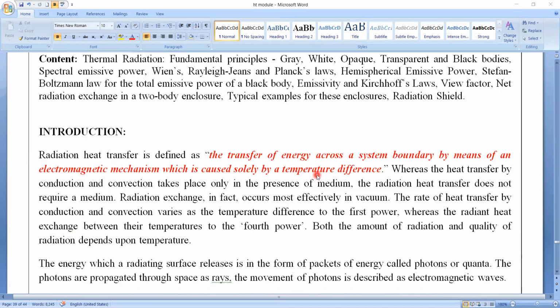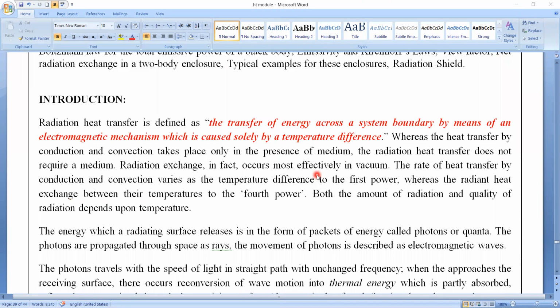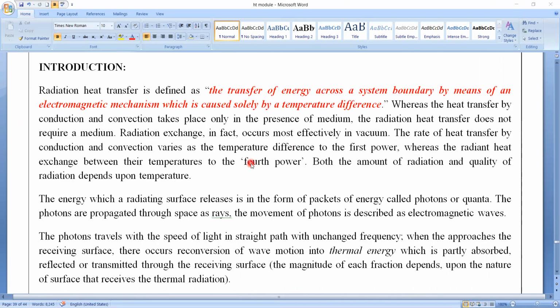In today's lecture, we will see the very fundamental principles, or the very fundamental concepts, of thermal radiation. In the first module, the Introduction to Heat Transfer, we have seen the three basic modes of heat transfer, namely conduction, convection, and radiation. In fact, conduction and convection require some sort of medium to transfer the heat from the region of higher temperature to the region of lower temperature.